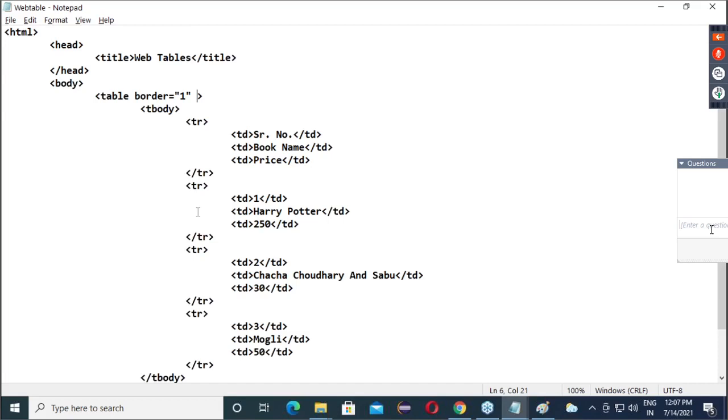TD means table data. Table body, Shivani.